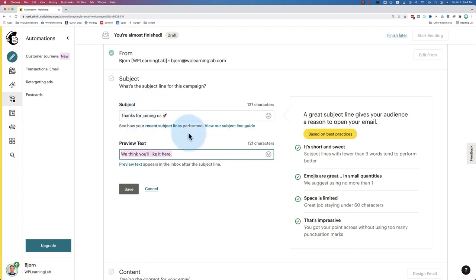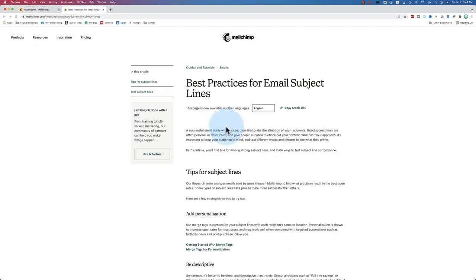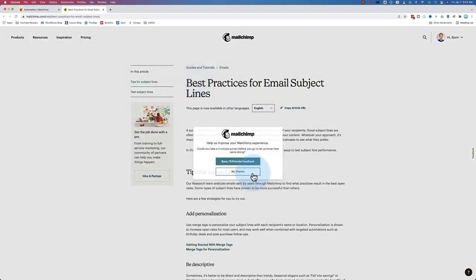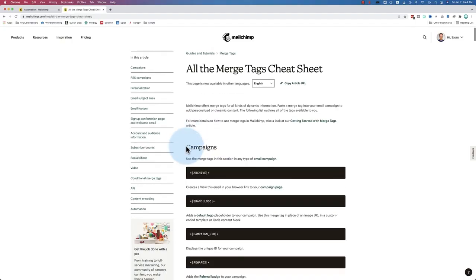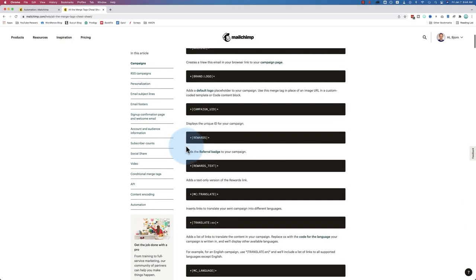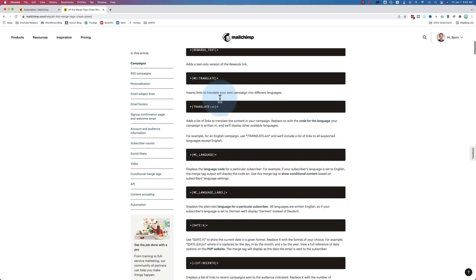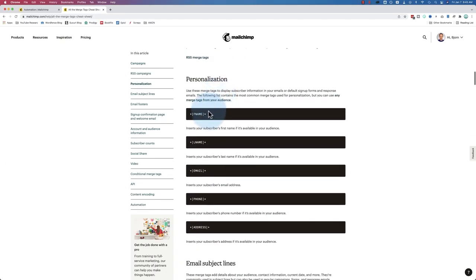Now let's go back to personalization. Let's click on this link right here. It'll open a best practices blog post. And if we scroll down, there's add personalization, and there are merge tags for personalization. Merge tags are a fancy word for text that's replaced by other text. I'm going to scroll through here. I'm going to look for, there it is, fname. This is the first name merge tag. What will happen is when we copy this